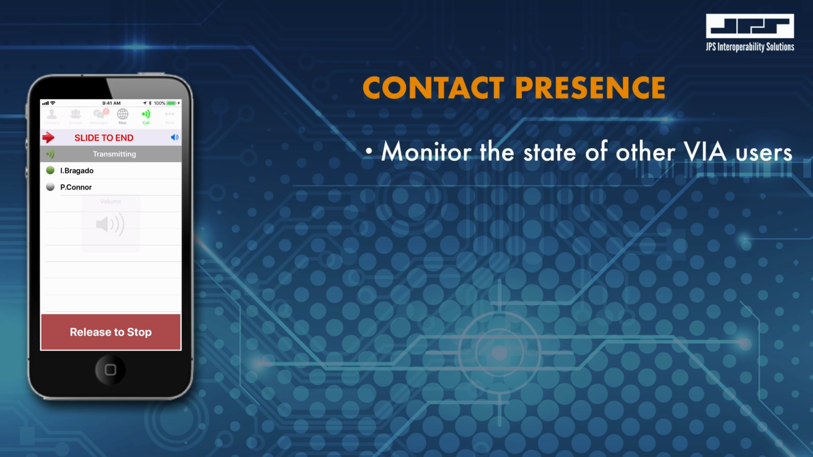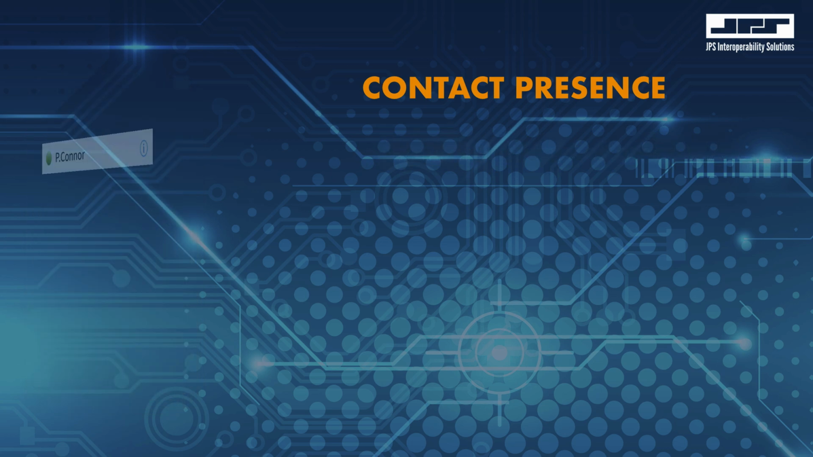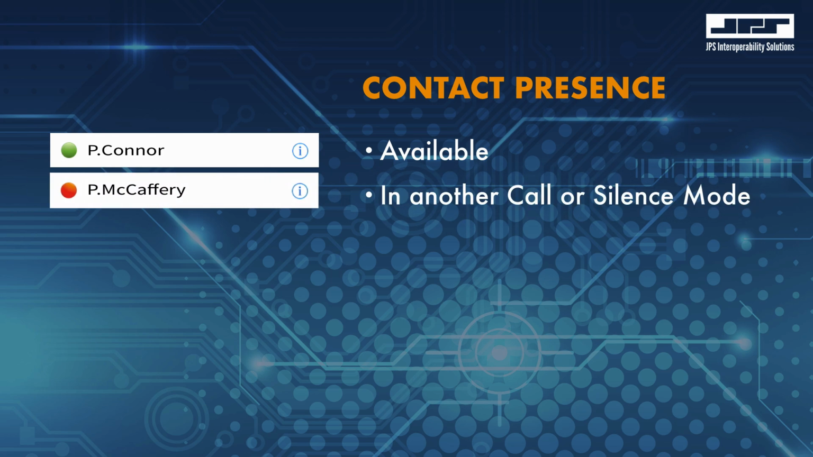One important feature of the VIA contacts list is the ability to monitor the presence or status of other users or radio gateways within your contacts list. The green icon to the left of the user's name indicates that the contact is available for PTT calls and messaging. The red icon indicates that the contact is already engaged in another PTT call with another individual or group and is not available for your call,